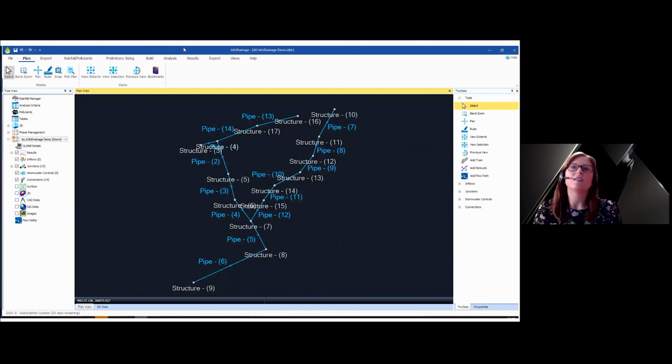Once finished, an Info Drainage file is saved, which can then be opened in Info Drainage. And we can see the pipes and manholes have been created, the layouts as it was in Civil 3D.